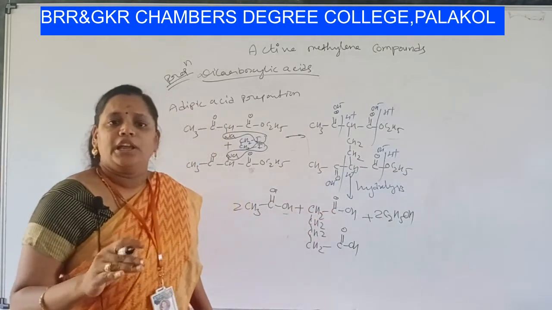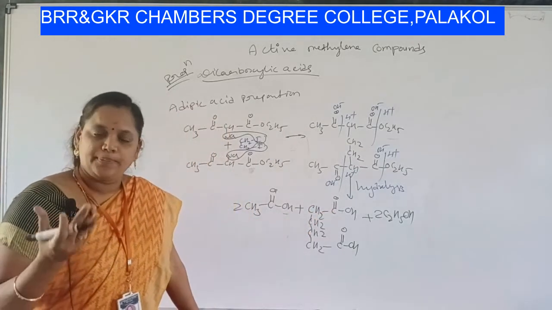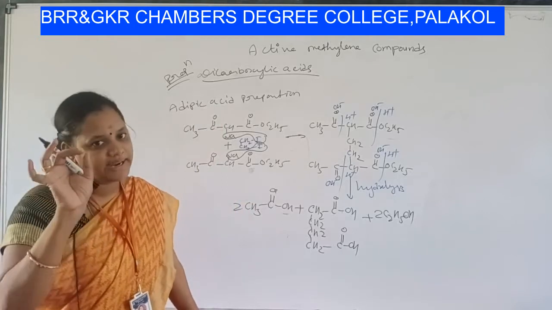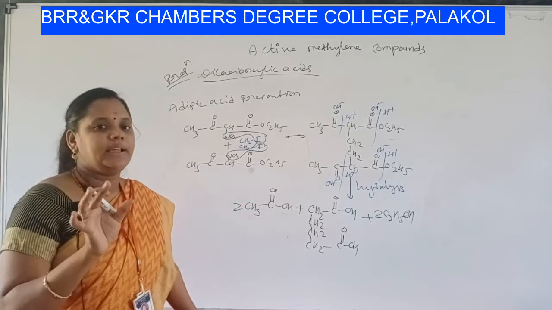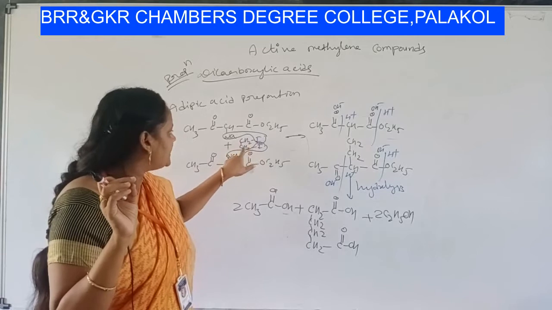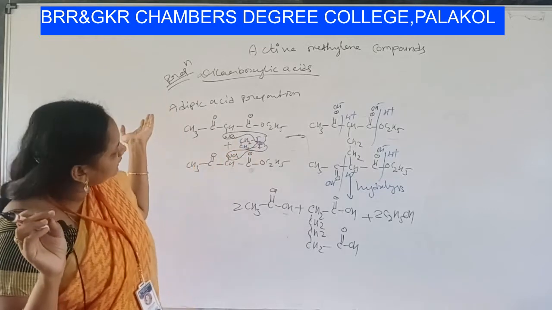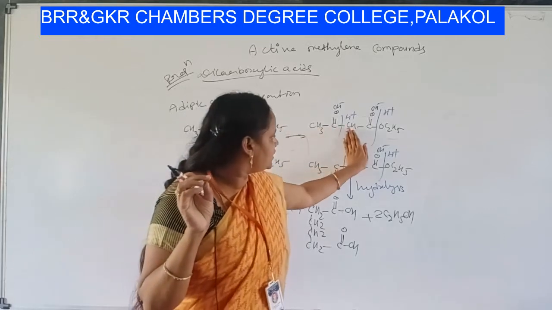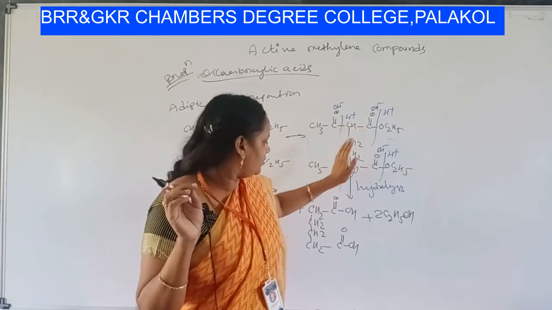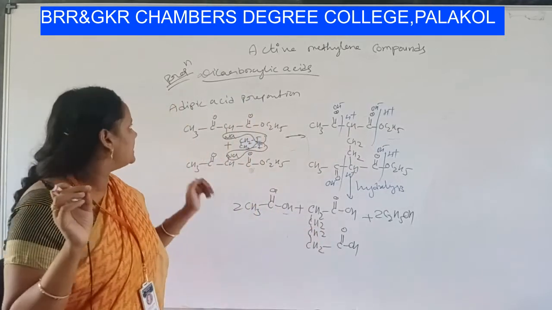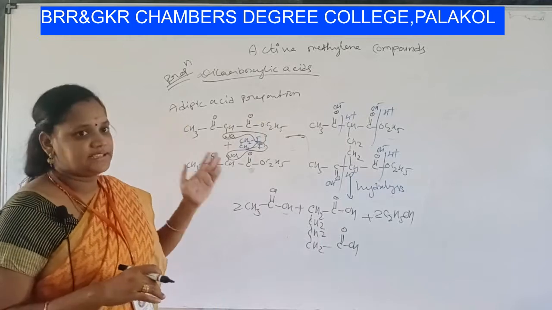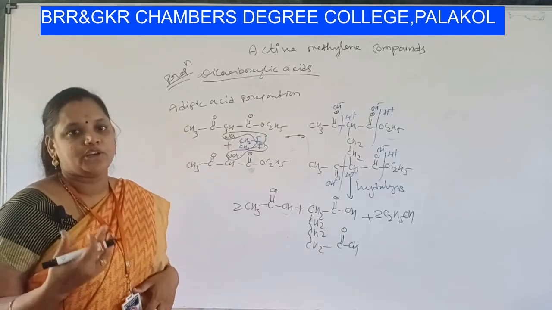It is very simple. If you learn succinic acid, adipic acid preparation is quite easy, because in succinic acid you are just adding iodine, right? Here in the place of iodine you are adding CH2I. Here in the case of succinic acid there are no CH2 groups, only a bond between CH. But here you have to write 2 CH2s. This is the preparation of adipic acid from ethyl acetoacetate or acetoacetic ester.